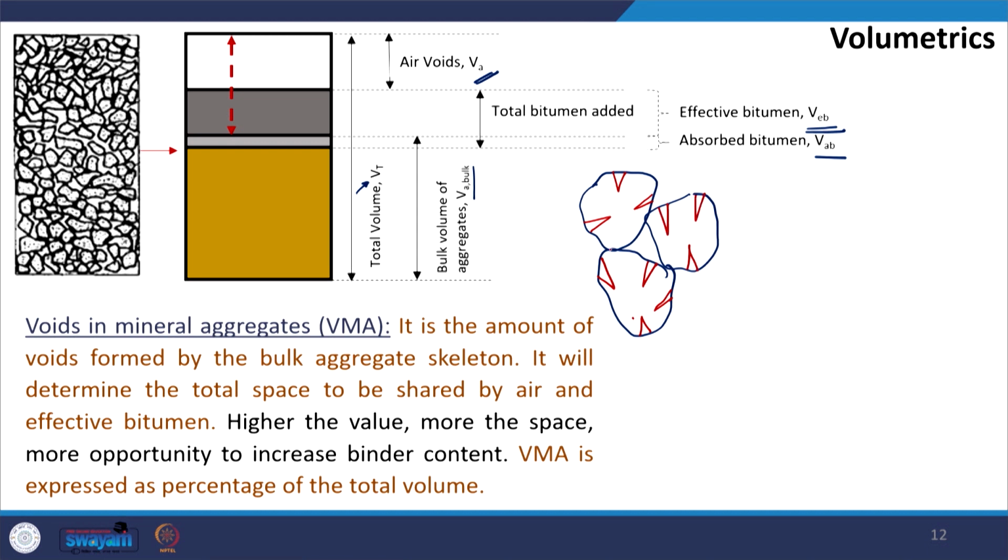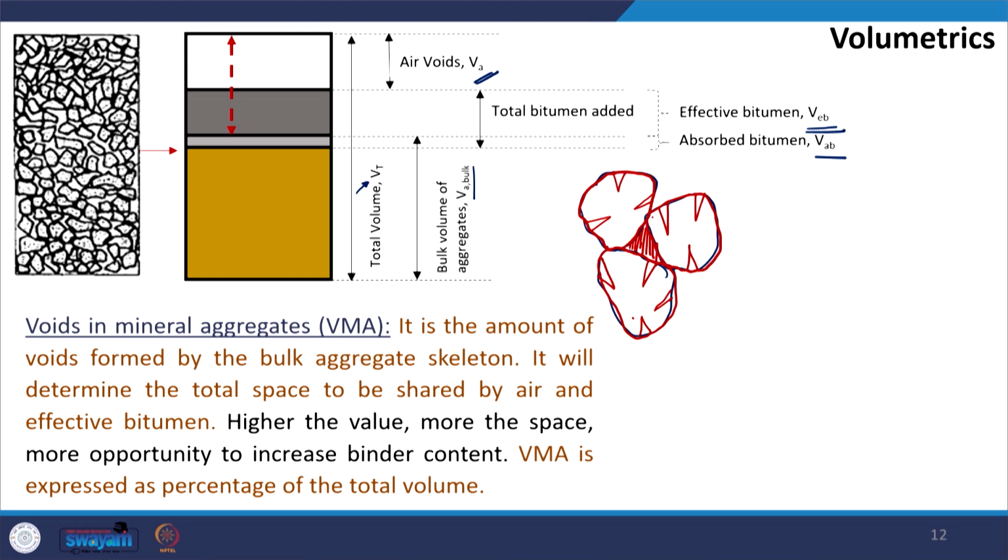I am looking only at the bulk of the aggregate. I am not looking at these voids. So, the space formed between the bulk of these aggregates, and this is not yet coated by bitumen, only aggregate. So, the space formed by bulk of aggregate